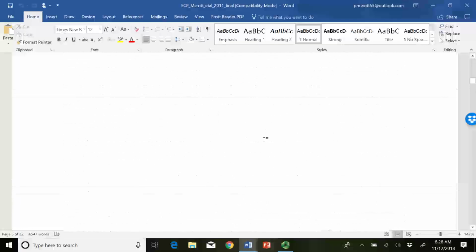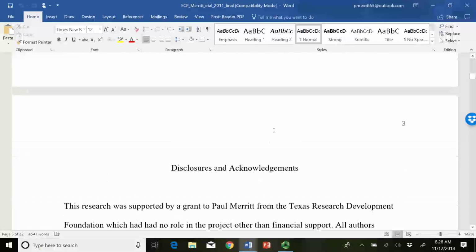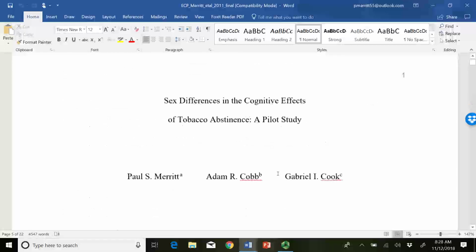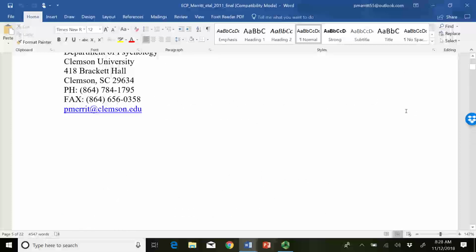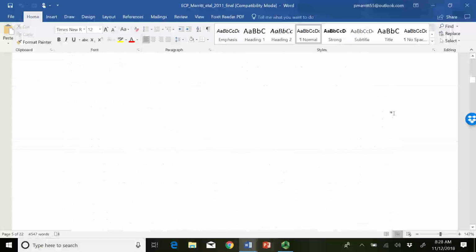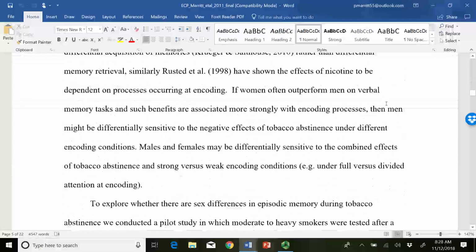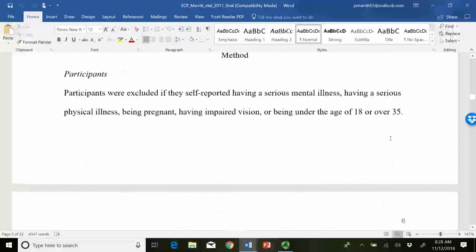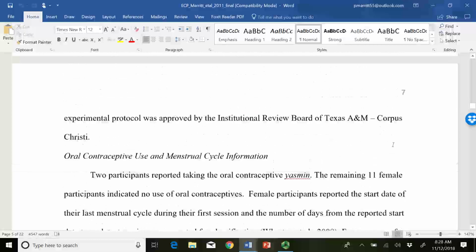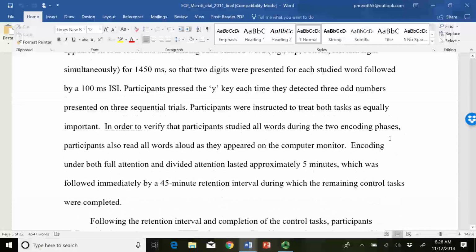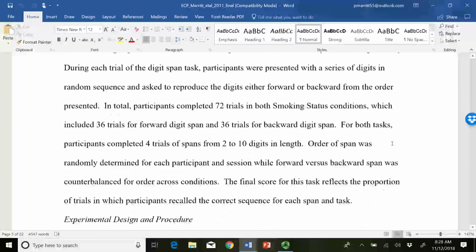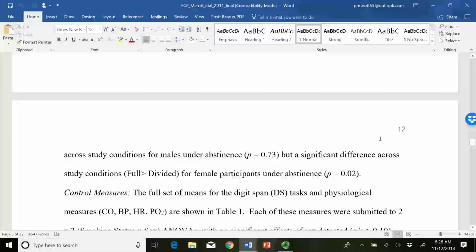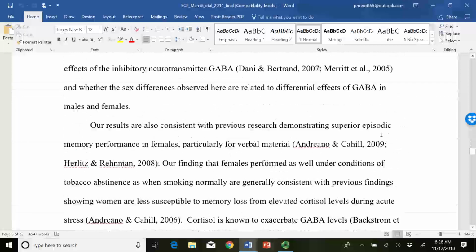Note that it comes following the abstract. In this case, there were some disclosures and acknowledgments, the abstract, and of course, the title page starts first. And of course, in APA style, page numbers on every page. In this case, there was no page header required by this particular journal. And then we move on to the methods section, which is actually much longer than even the introduction section, which happens quite a bit. This is a pretty extensive method. Then the results section for each of our tasks, and then the discussion sections. I'll talk about each of those